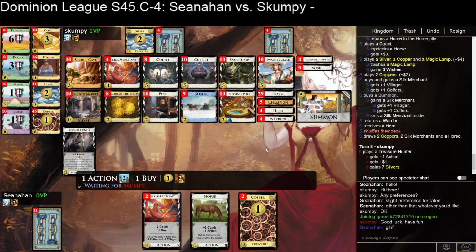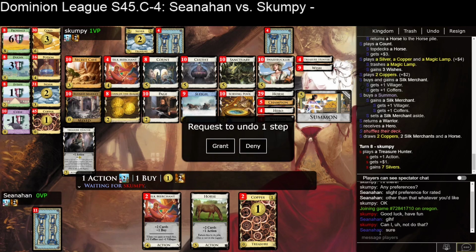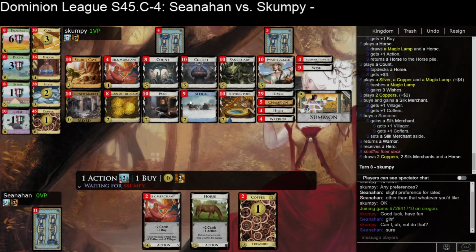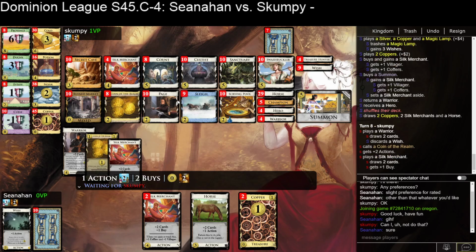So the plan here is, we'll see if they get a warrior into play. Ouch, gain 7 silvers. That's one way to inject economy to your deck. Maybe they had not considered how many cards I gained last turn. I gained 2 horses, 3 wishes, and 2 silk merchants, I think. So certainly they will have a lot more economy in their deck. And maybe I should just add an extra page for the silvers, and eventually I get to a... It's fine. They weren't paying attention on my turn, one supposes. A little bit suspect, but...